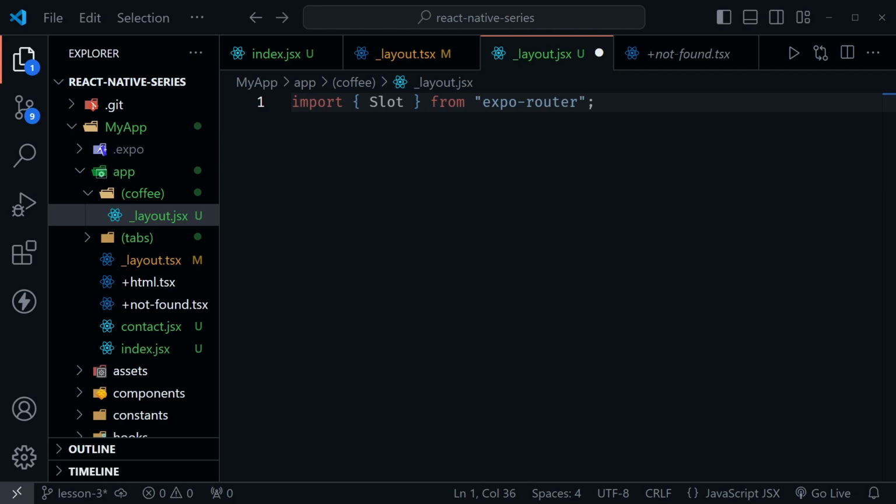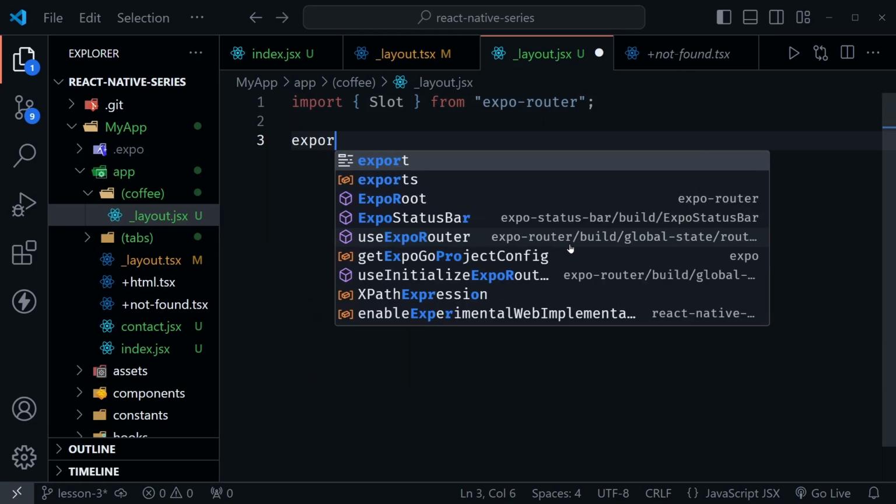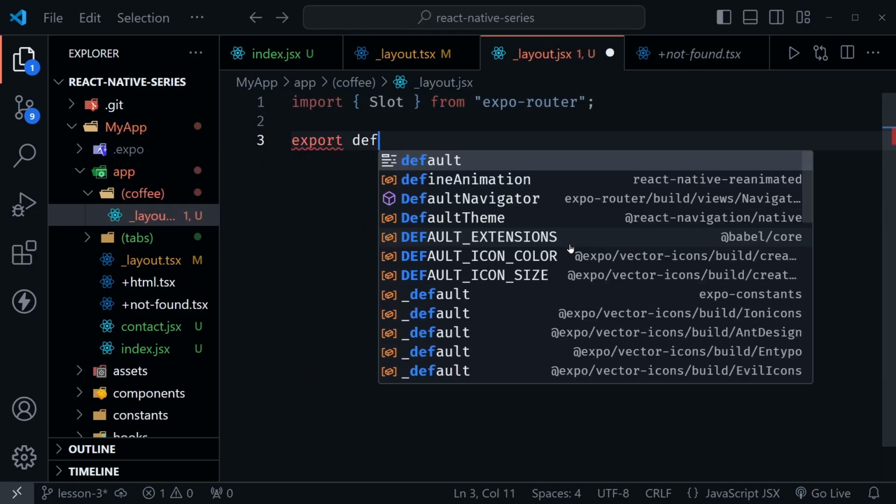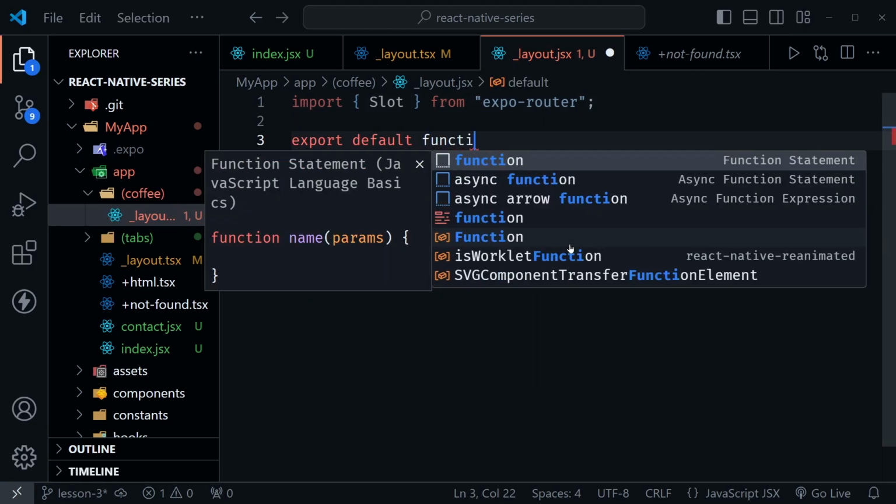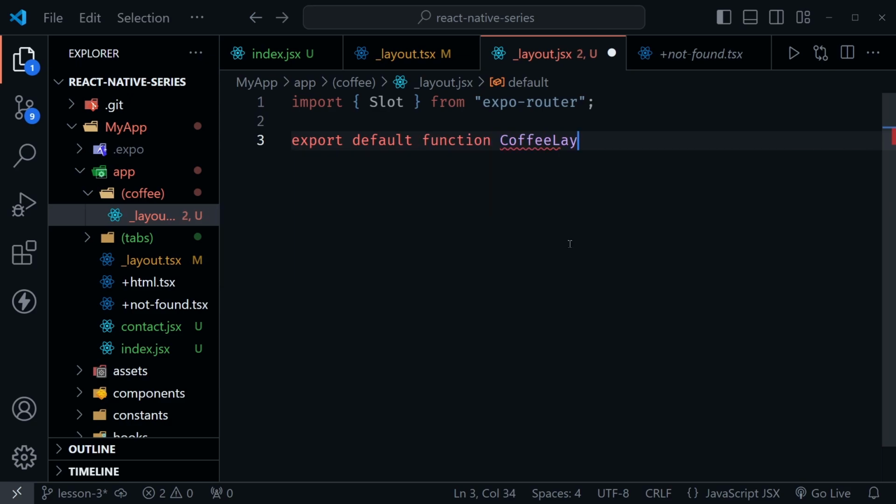And then it allows us to apply anything else that we want to apply to all of the other screens or pages, if you will, inside of that branch, just like we have our coffee group here. So if we put a header in this layout, then it would apply to every screen that goes inside coffee, for example. But for now, I'm just going to define this layout simply with export default function, call it coffee